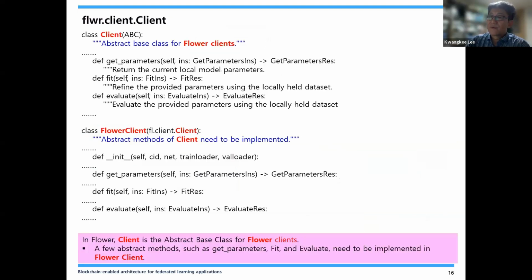As you know, in the Flower framework, Client is the abstract base class for Flower clients. This means that the abstraction of client defines a few abstract methods, such as get_parameters, fit, and evaluate, that need to be implemented in the Flower client class.